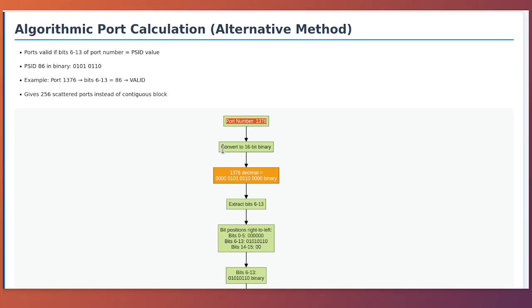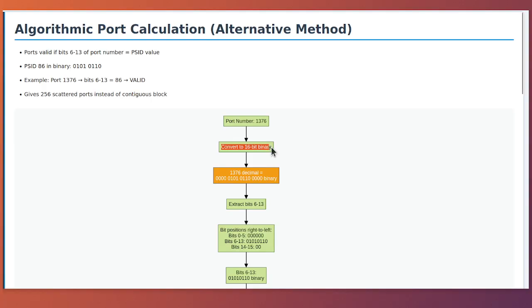Our example has a PSID offset of 6 and a PSID length of 8. Here is how the algorithm works. A port number is represented as a 16-bit integer. We extract a specific sequence of bits from this port number, starting at the bit position indicated by the offset